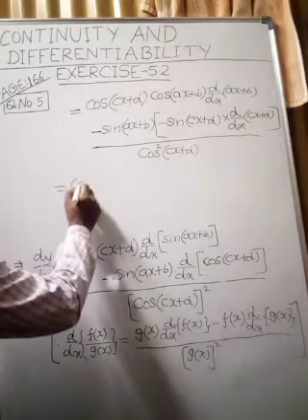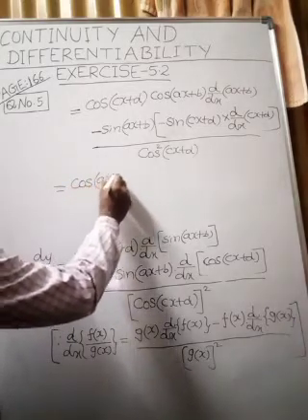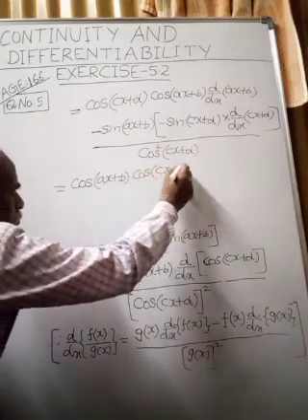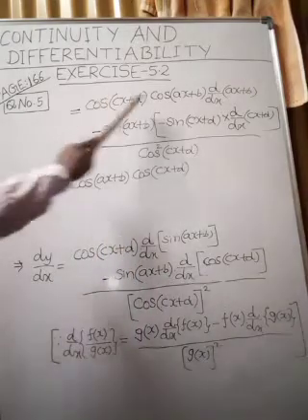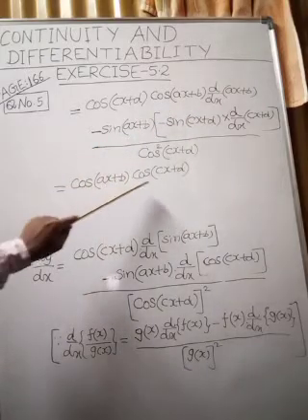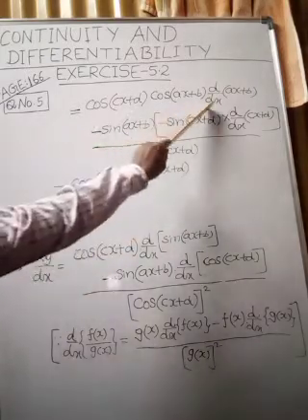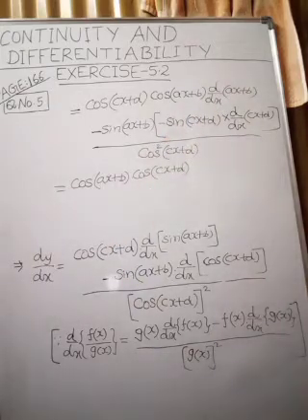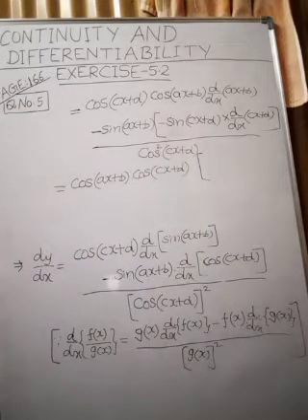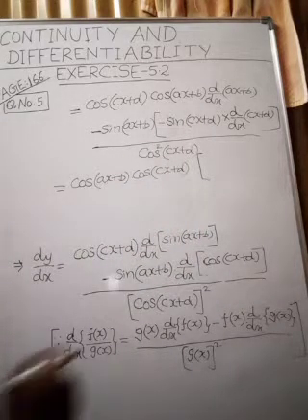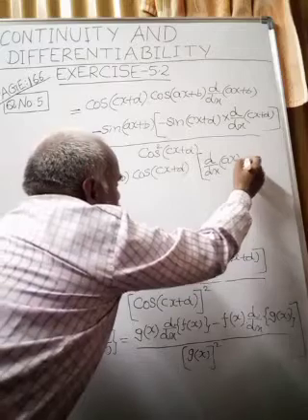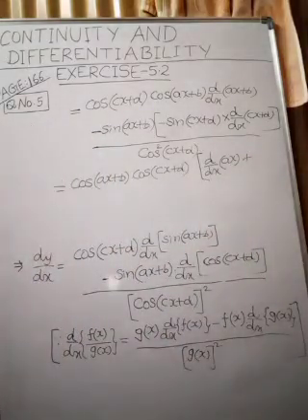Cos of ax plus b, I wrote it first, into cos of cx plus d, just rearranging those terms, into, again we have to differentiate that function. So here plus is there, so we can differentiate each and every term separately. So d by dx of ax,